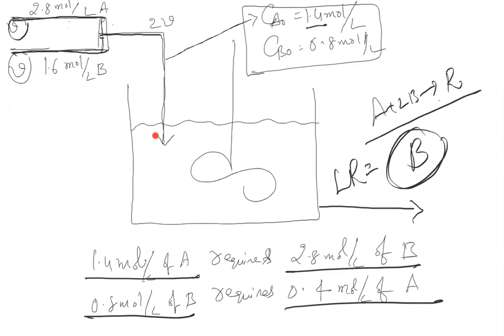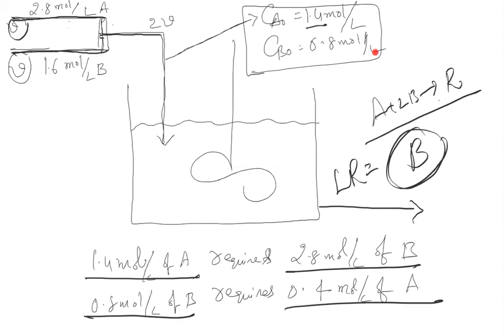Imagine this is one balloon, and this is another balloon. When you mix both the balloons, the moles of air don't change, but the volume is changing, no? Because the second balloon doesn't contain any A and the first balloon doesn't contain any B. So it is an A plus B mixture. When you mix these two, you get a volume of 2V, but the moles remain the same, so the concentrations will be half. That is the first concept.